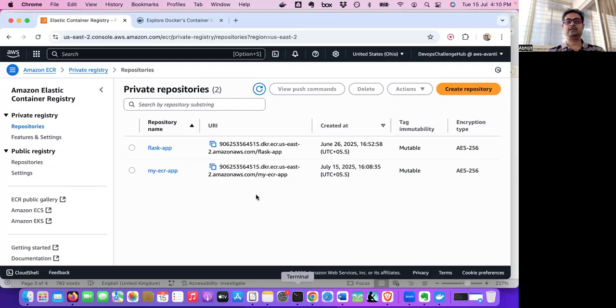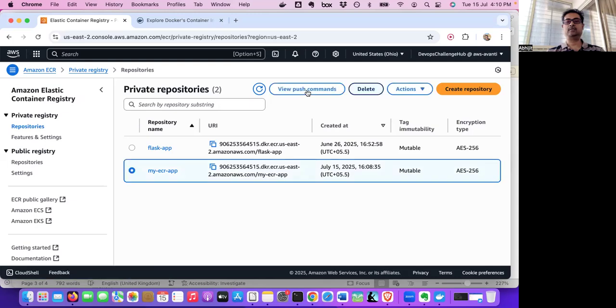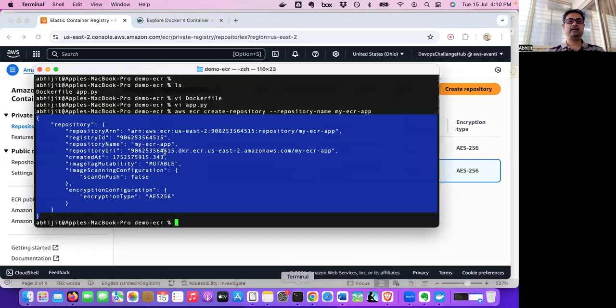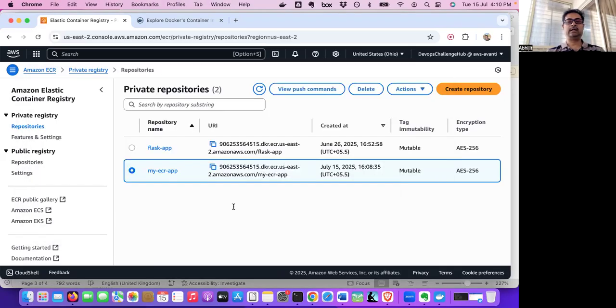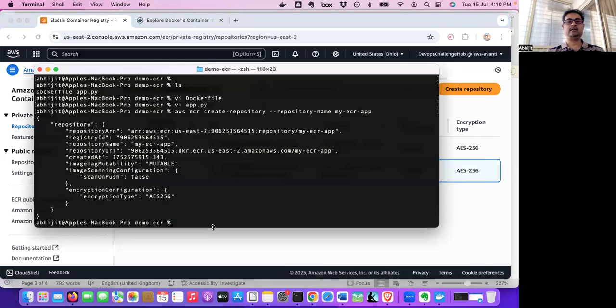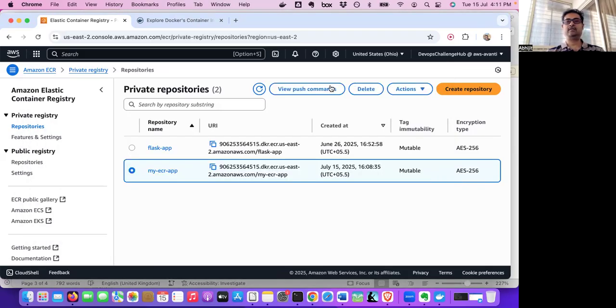Okay, so this is the one that got created. I can select this one and view push commands. My ECR app, mutable, encryption type AES256, and this is the URL. So I will click on view push commands,